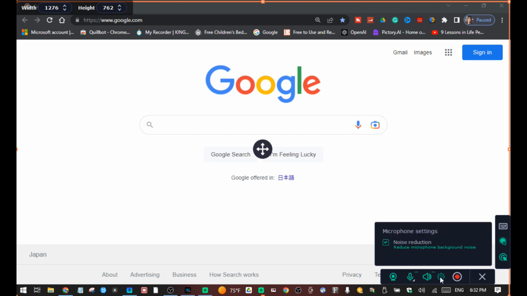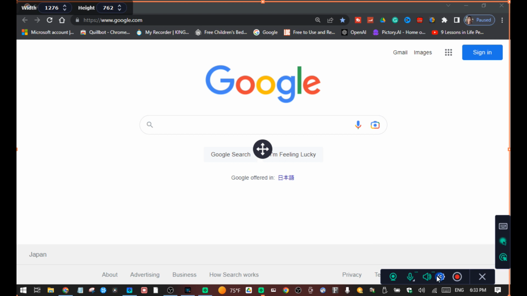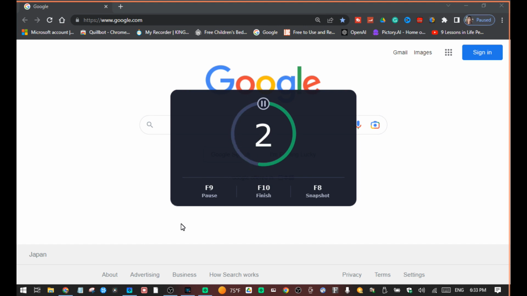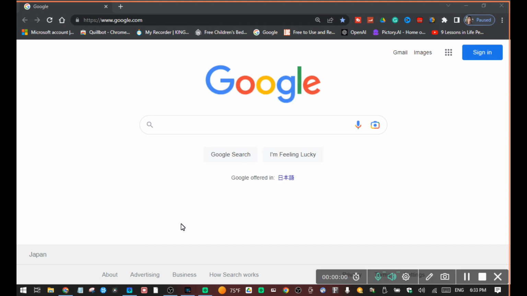This setting helps you reduce your noise. It's a noise reduction, so let's just leave it like that. Now when I click this video, since I'm not using a camera here, I'm just going to continue without the camera and it will give you a countdown. Once you have the countdown, you can now use